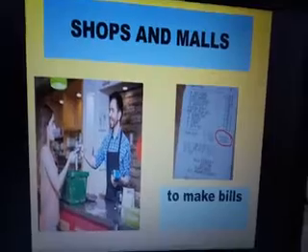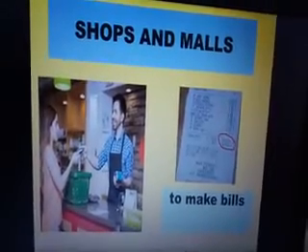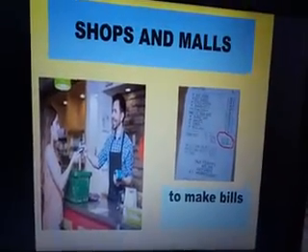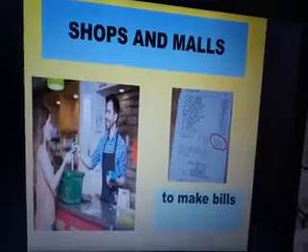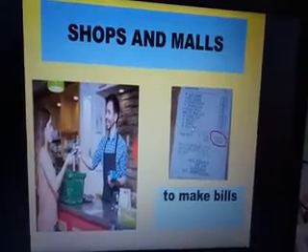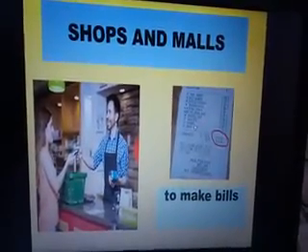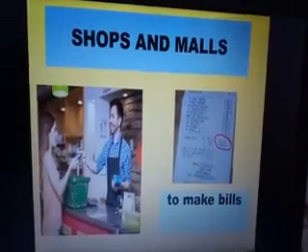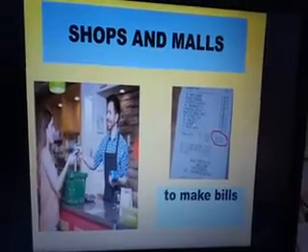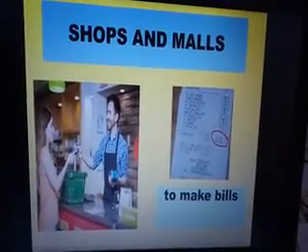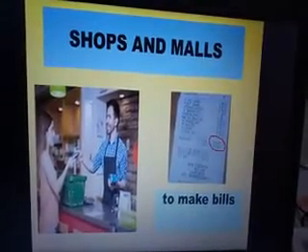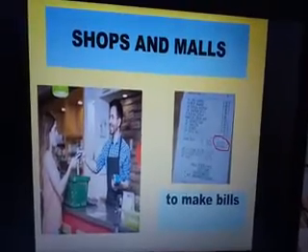Then we have shops and malls. All big shops nowadays have computers to print bills. You can see the bill on the right hand side. This is the sort of bill. If you go to a shopping mall like Spencer or City Style or Big Bazaar, before you go out of the shop, you have to pay the money. And after paying the money, they give you this bill. This bill comes out of the computer, and all the totaling. These are all the prices of the items and the totals. This totaling and the printing of the slip is all done by the computer.